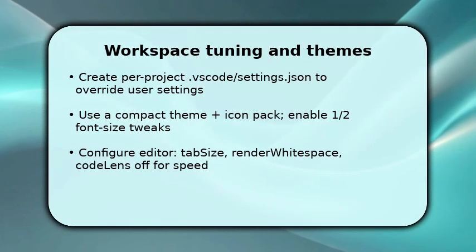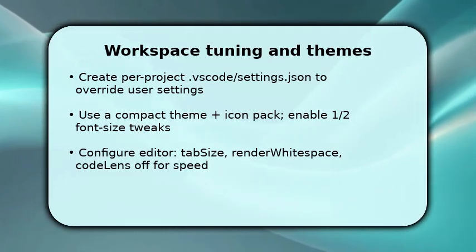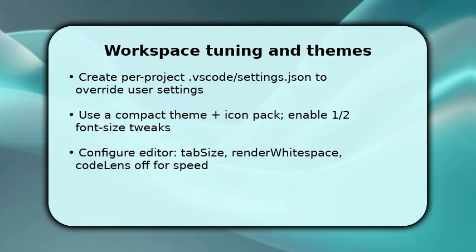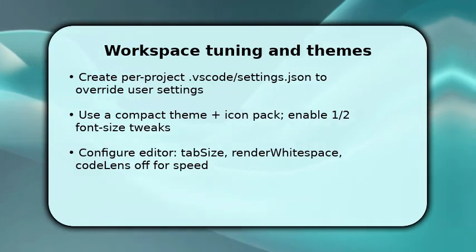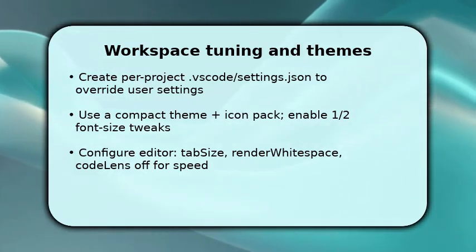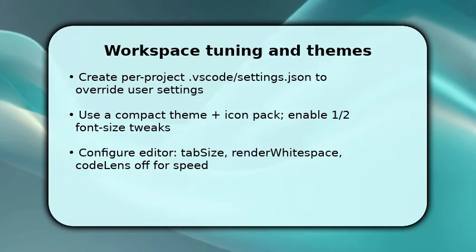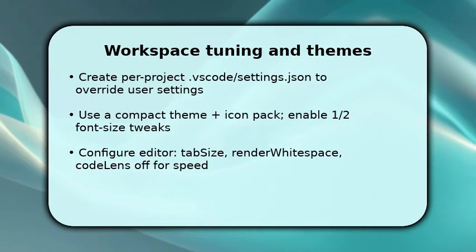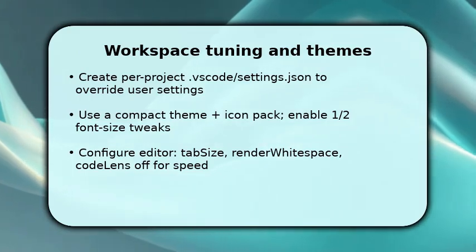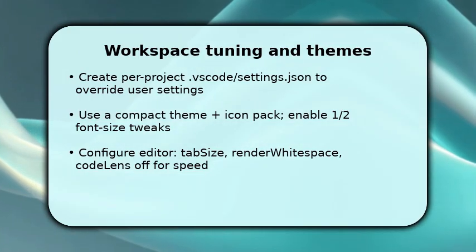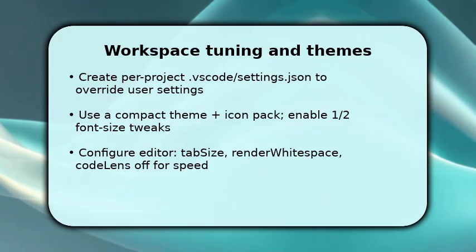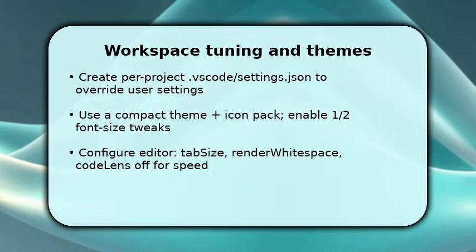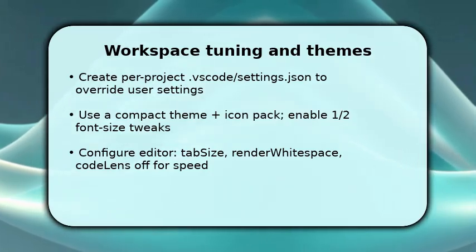Once your global baseline is set, tune each workspace with .vscode/settings.json so project-specific rules don't clutter other work. You should pick a compact theme and matching icon pack to make file trees easier to scan. A small font size tweak like a half step can reveal more code without strain. Also, configure editor options, tab size, render whitespace, and disable CodeLens where unnecessary, to speed rendering and reduce visual